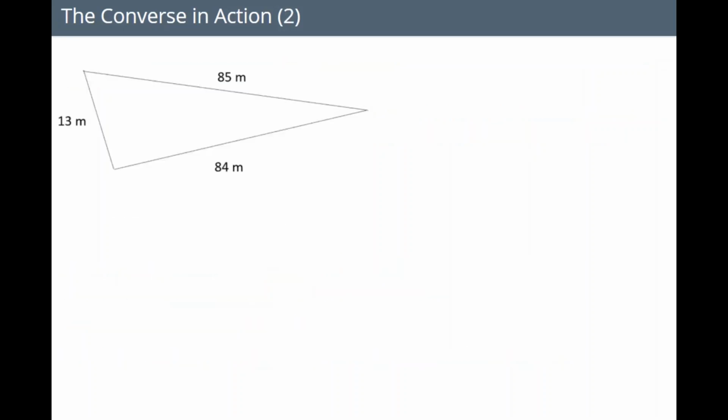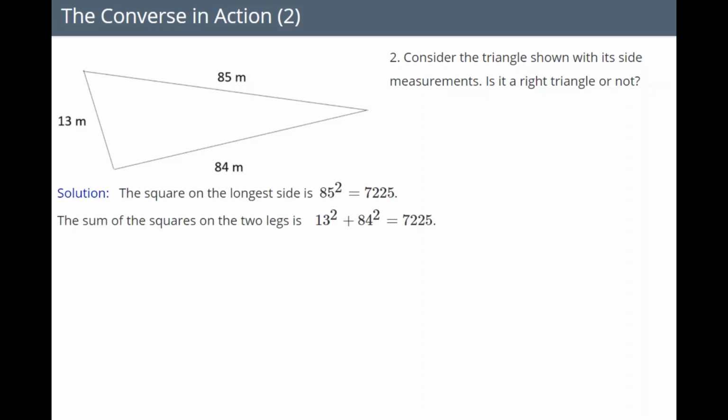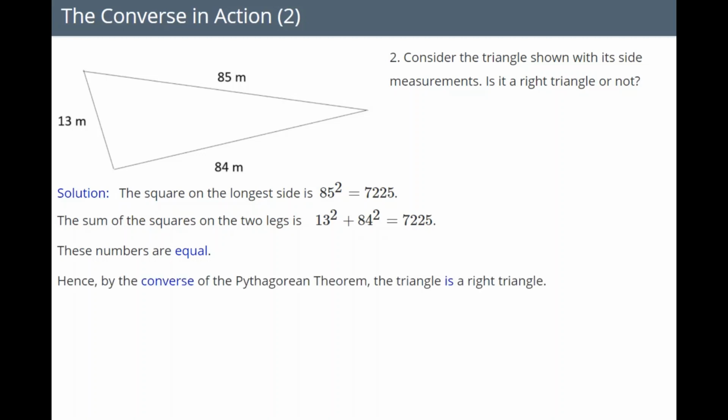For the second case, let's consider the triangle shown with its side measurements. Is this triangle a right triangle or not? Well, again, the square on the longest side is 85 squared, which is 7,225. The sum of the squares on the two legs is 13 squared plus 84 squared. That works out to 7,225 as well. So these numbers are equal. Hence, by the converse of the Pythagorean theorem, this triangle